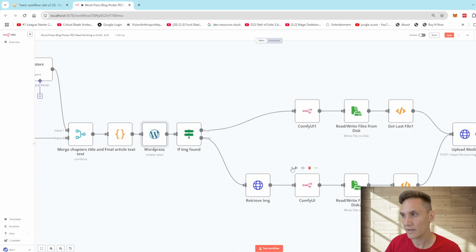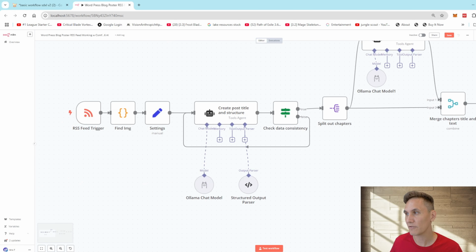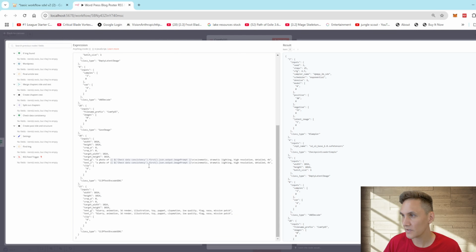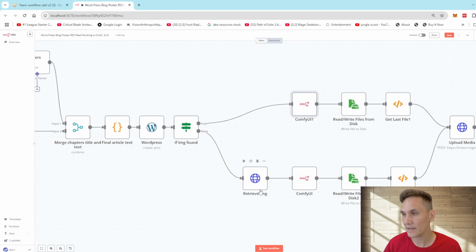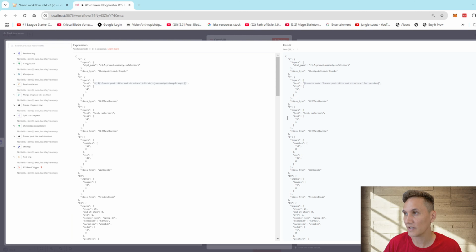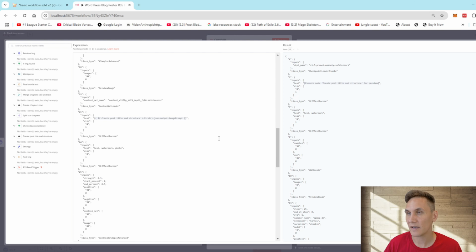Here we go into our first check, whether or not we found an image from the original RSS feed. Here you'll see that we have two different ComfyUI nodes. The first one is a text to image model where it will take in our prompts. So it will take our prompts from the very start of the workflow and it will produce an image from the text. Whereas if we find an image in the initial RSS feed, this workflow here is actually going to be an image to image generation where it will take the original image it found from the RSS feed and slightly tweak it a little bit based upon our prompts